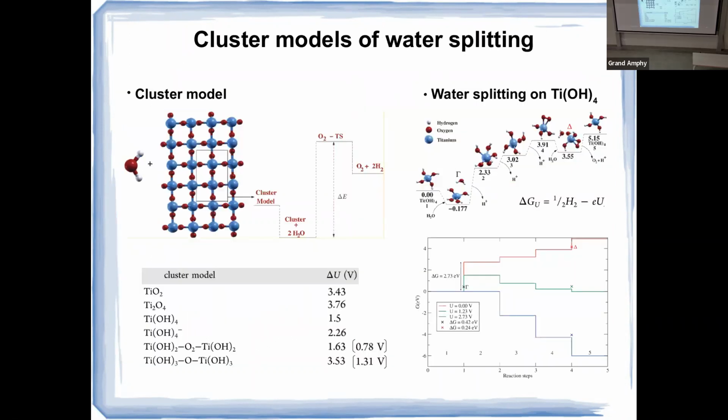Then I will switch now to hydrogen production. It will be much shorter. And the idea we have followed here is that we have a surface of the anode, because we will be focusing on the oxygen evolution reaction, what happens in the anode of the electrochemical cell. And then in principle, what we do is that we choose a part of the structure, a representative fragment of the structure,